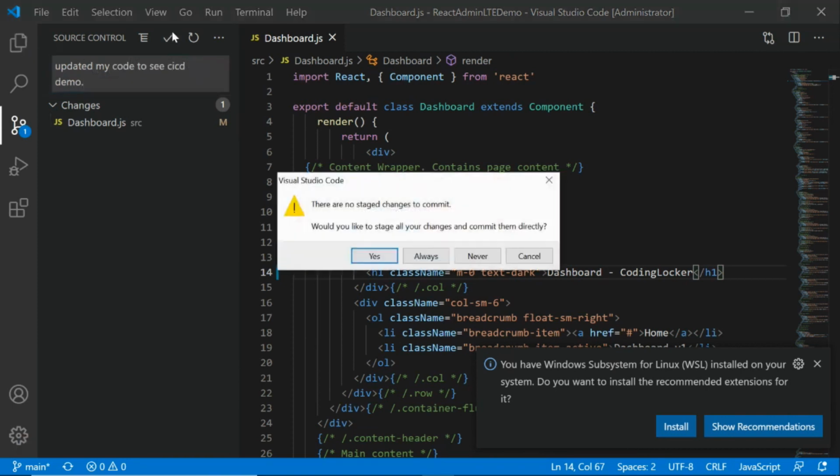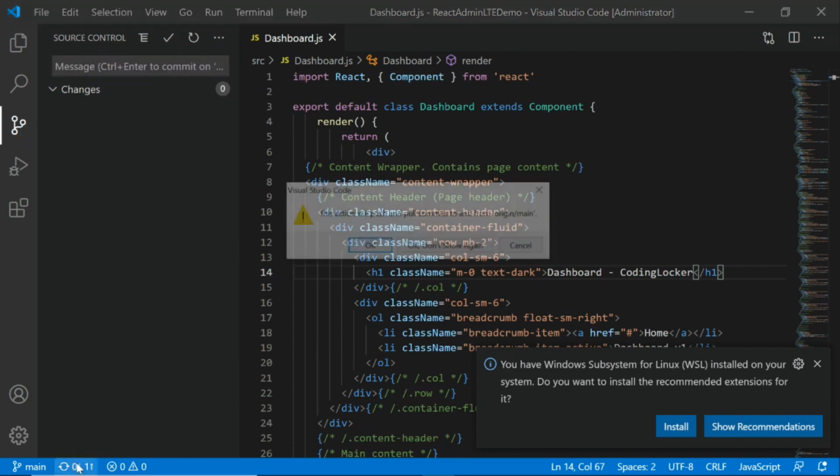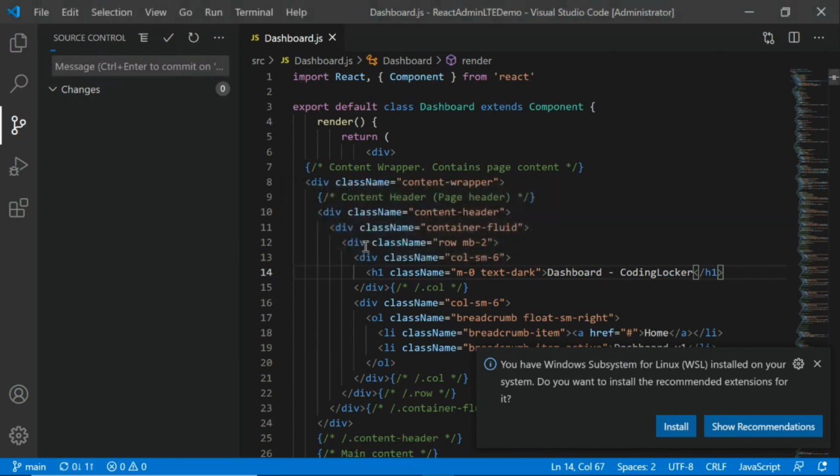On this tick, yes. So I'm not making use of any commands, rather I'm making use of this tool this time to push my code. Now click here. Okay. So see, I have pushed my code. Now what I'm expecting, let it push at first. It is still pushing my code.